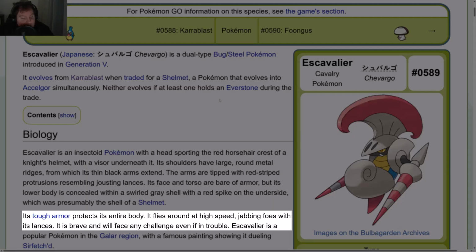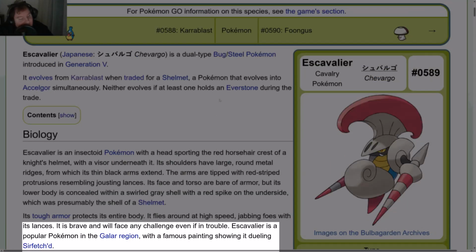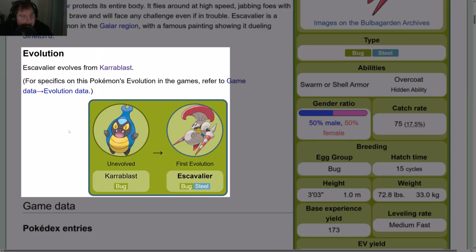Its tough armor protects its entire body. It flies around at high speed, jabbing foes with its lances. It is brave and will face any challenge, even if in trouble. Escavalier is a popular Pokémon in the Galar region, with a famous painting showing it dueling Sirfetch'd. Evolution: Escavalier evolves from Karrablast,